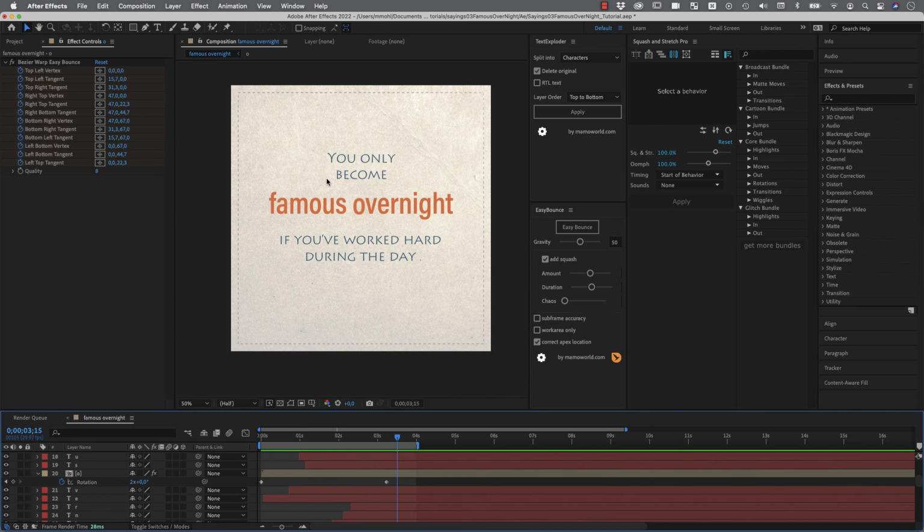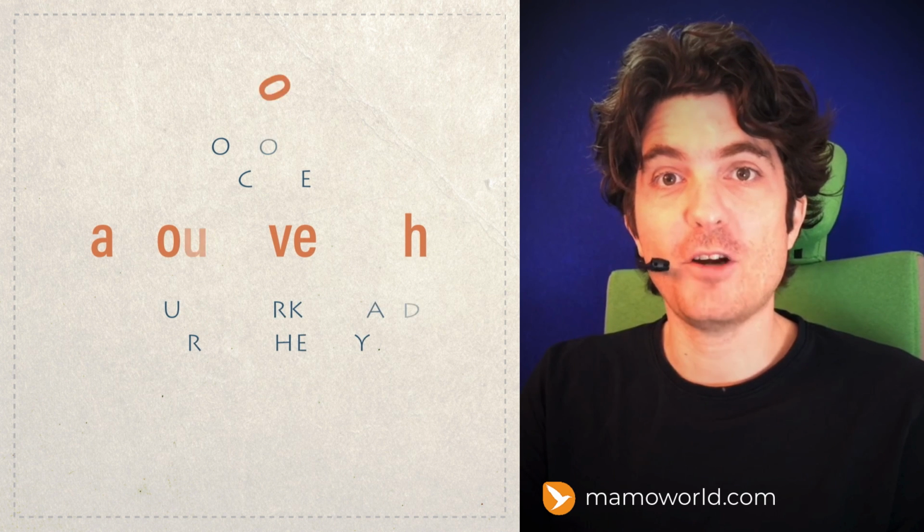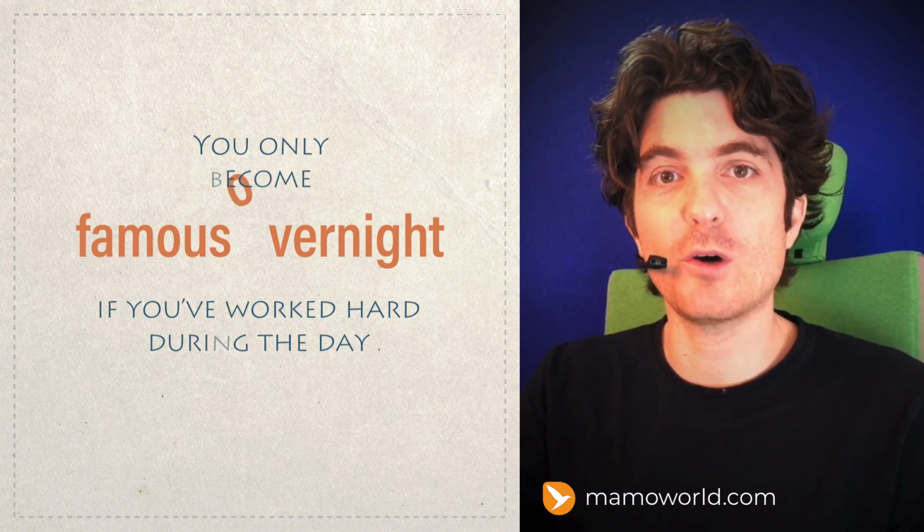And of course you could now refine this, go in here in the middle and say, for example, at this point where it bounces at the wall, you want it from this point on to rotate in the other direction or something. You can do all those tweaks, but I'm actually already pretty happy with this result here. So that's the end of this tutorial. Here you can see our final result.